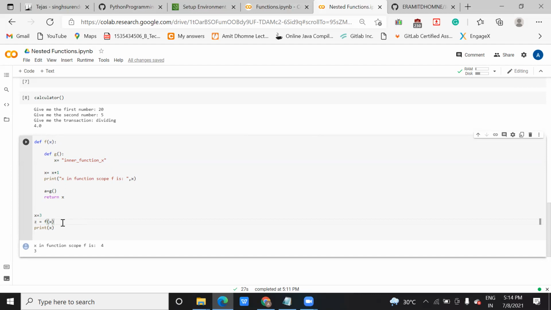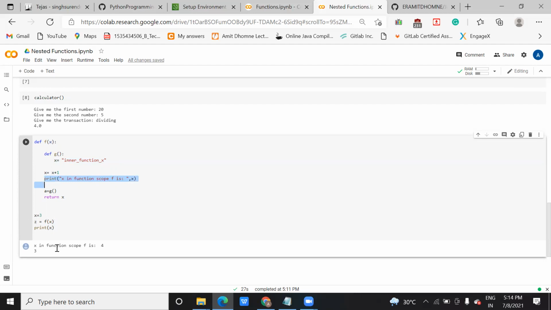Just like there are a lot of students, you have a lot of friends in the school, but when your teacher asks you, hey Tejas, try to solve this code, then you start working on it, right? Because they have called you, so you come to know that okay, I need to start the task. So like this it works. The compiler reads the statements, reads the instructions and then waits for the calling. So here you can see the function scope f is 4. You have added here, so it is printed like this.